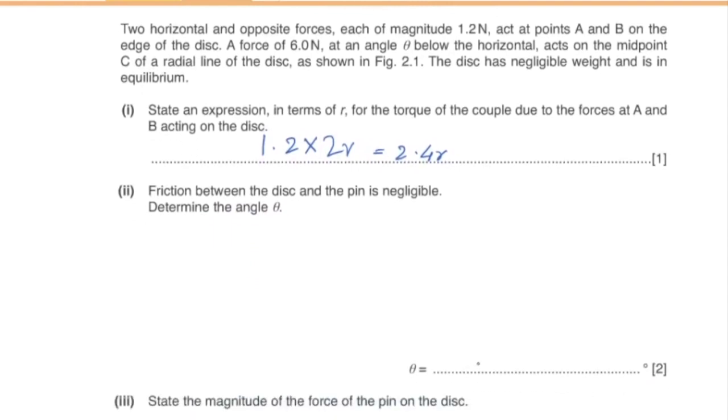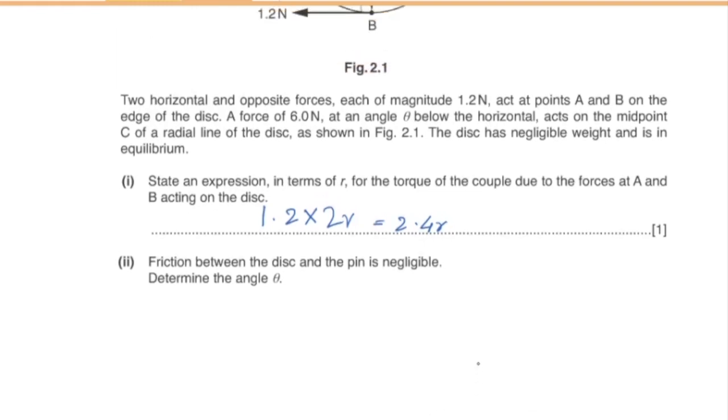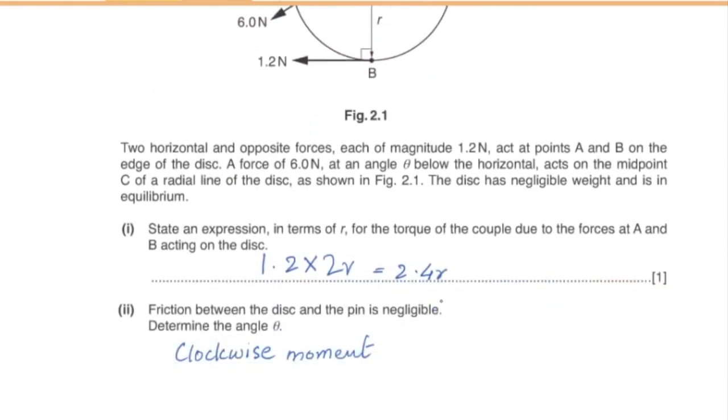Part 2, friction between the disk and the pin is negligible. Determine the angle theta. So first of all, we'll calculate the clockwise moment of the disk, and this clockwise moment of the disk is being caused by the torque of the couple due to the forces at point A and B. So this is equal to 2.4r,